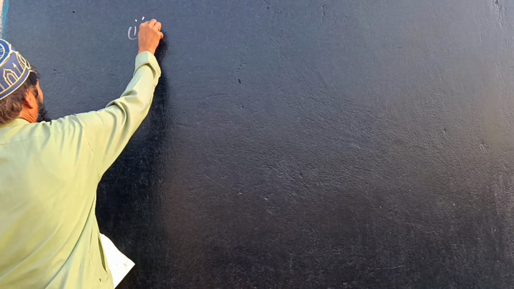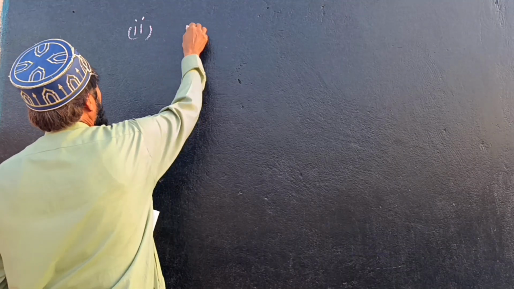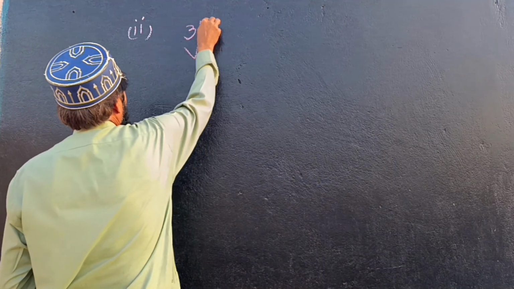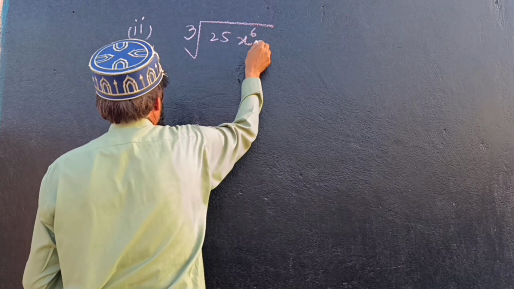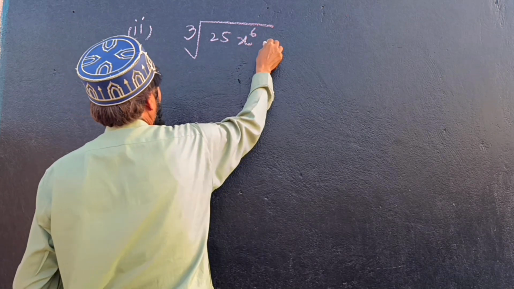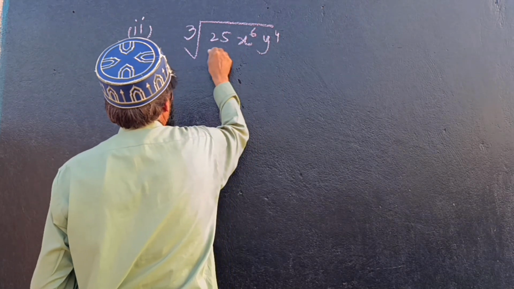Today we try to solve mathematics science ninth class KPK Kohat Board. Question number 2, part second, we try to solve. Simplify: the cube root, in index form, of 25 x exponent of 6 and y exponent of 4 divided by